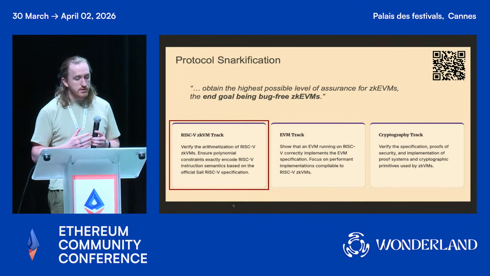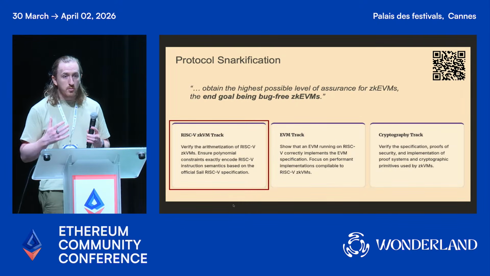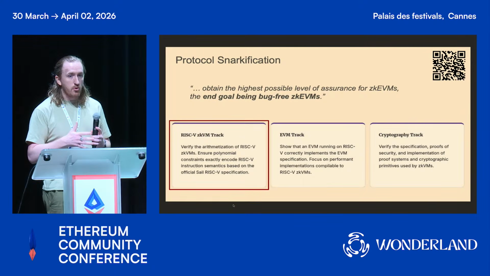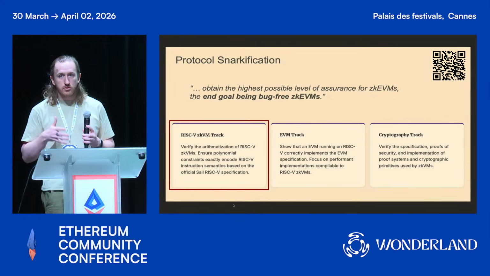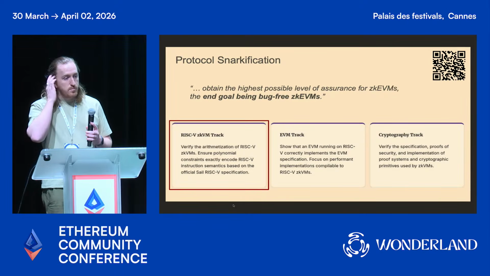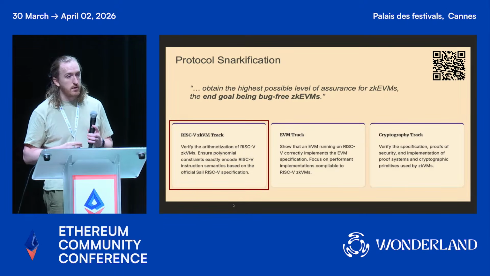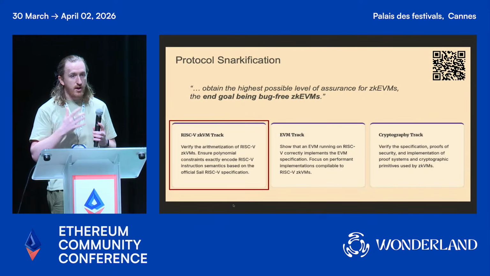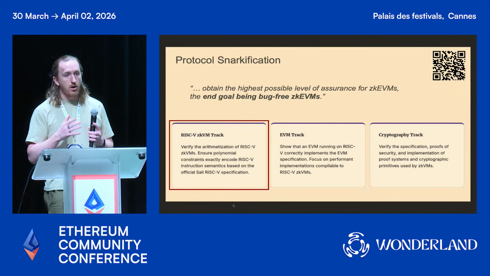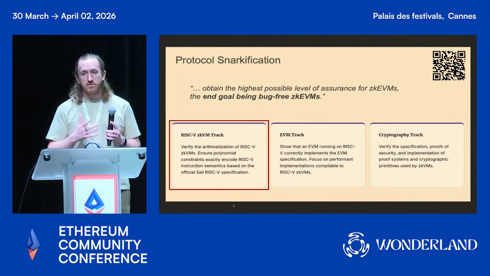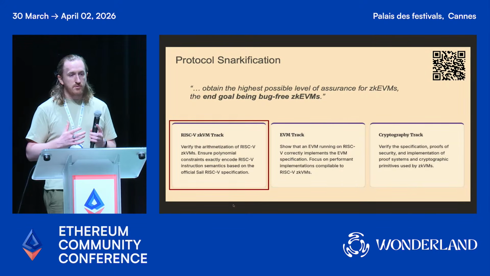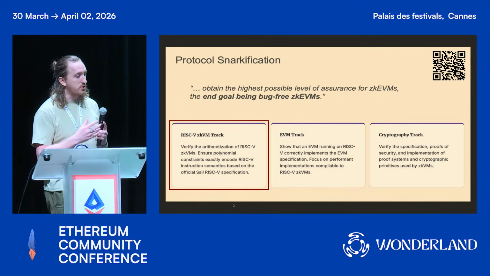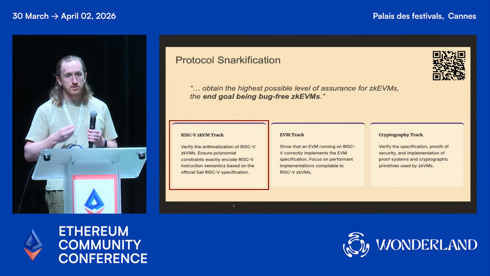So what we need to do is formally verify that the polynomial constraints implemented by these zkVMs correctly encode the RISC-V ISA. And we have some really good tools to do that. First of all, the RISC-V ISA semantics are available in various Ethereum provers, including Lean, which is the one we use. And also we have developed tooling to extract the polynomial constraints into Lean.